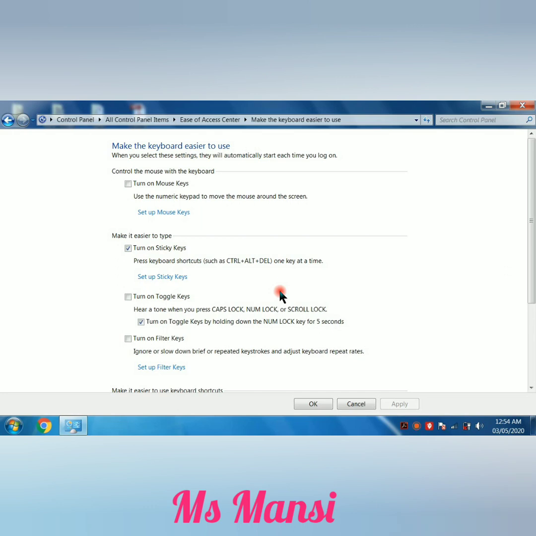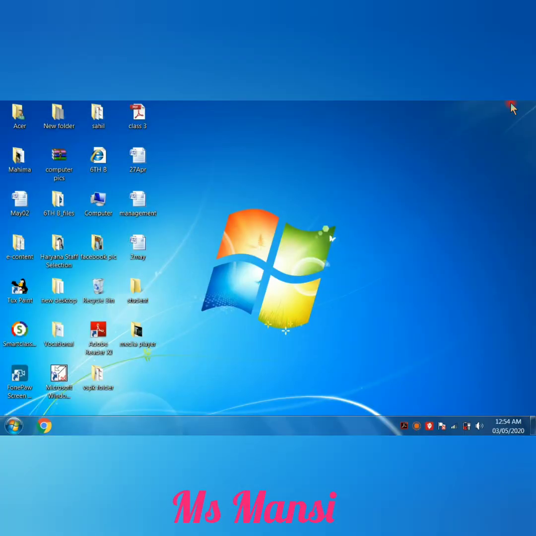Now students, your next topic is how to put your computer in sleep mode. If you want to put your computer in sleep mode, then what is sleep? Sleep is a power saving state that allows a computer to quickly resume full operation power when you start working again.